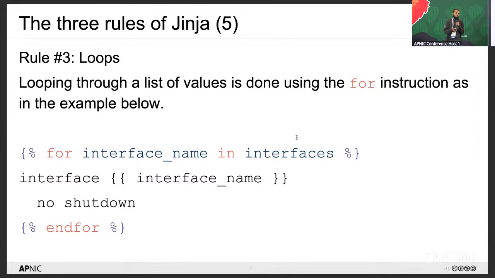So here I have a variable called interface_name, and I have several values in a place called interfaces, and every single value in that array will be treated as the variable interface name and will be used here to generate multiple output. And let's say I want to make several interfaces based on this condition to bring it up with no shutdown command. That means I want to pass it through the